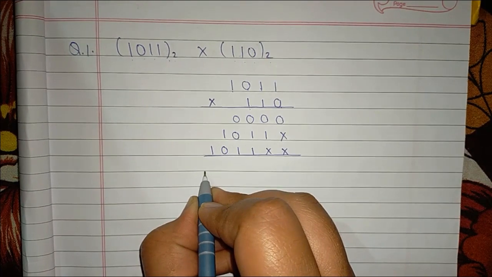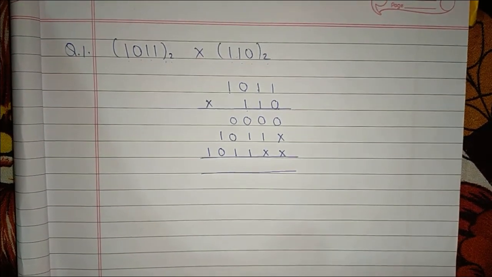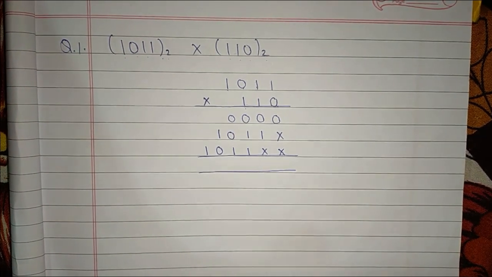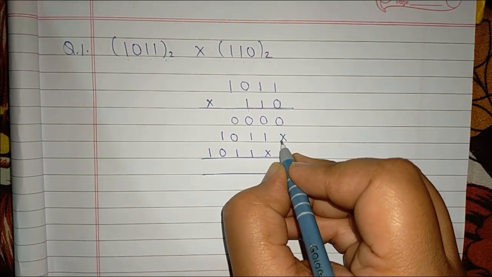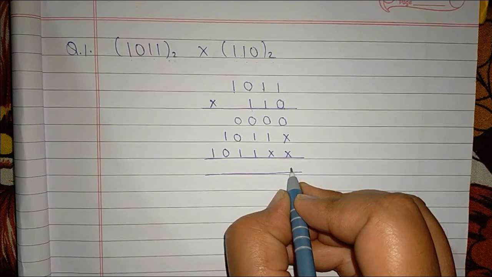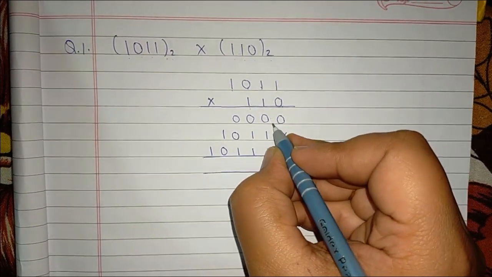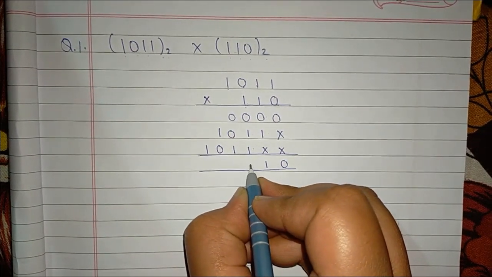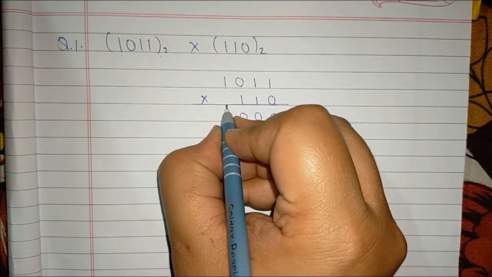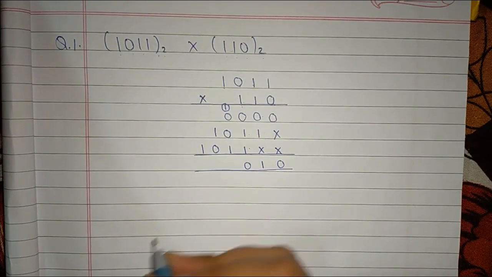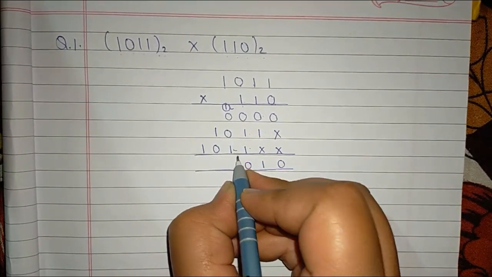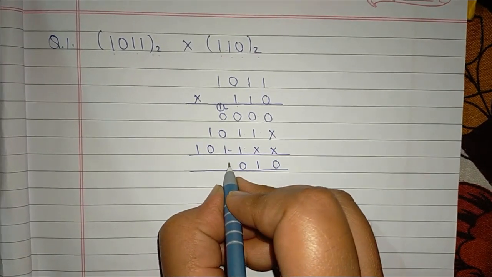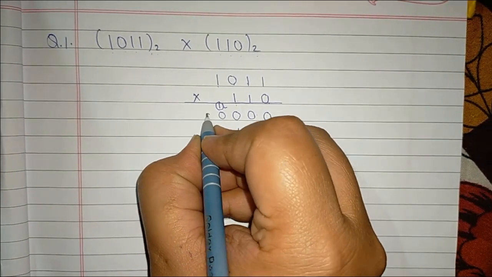So now here we have these digits. Now you simply have to add these digits by using the concepts of binary addition. First you have to note down the 0, because there is nothing to add with the cross. Then we have 0 plus 1, it will be 1 only. Then we have this 1 plus 1, the result will be 0, and a carry of 1 will be generated, which I am writing over this side. Now you have to add this carry with this 1, because 0 has no value, so we will not add that. So now 1 plus 1 will be 0, and a carry of 1 will be generated.